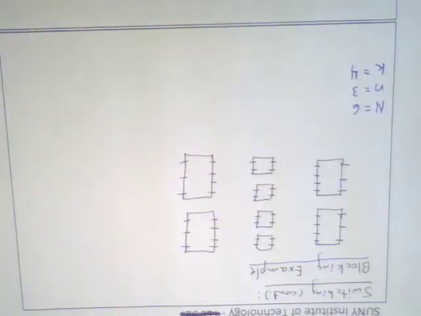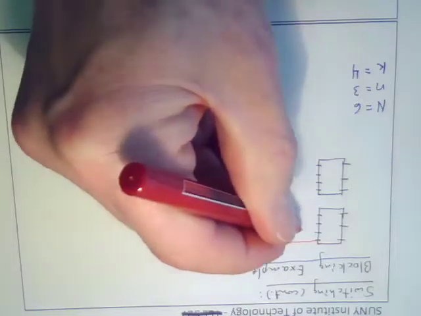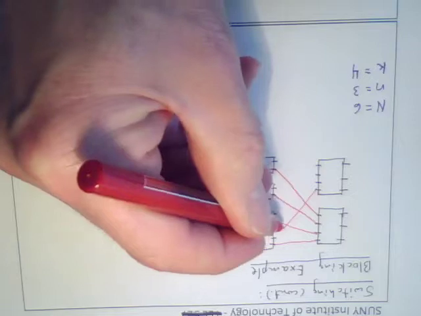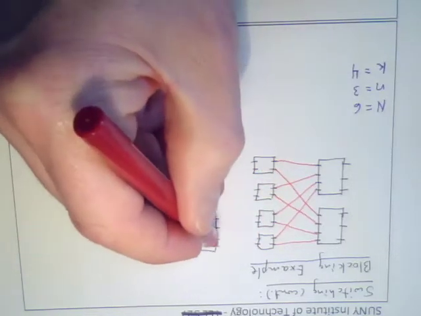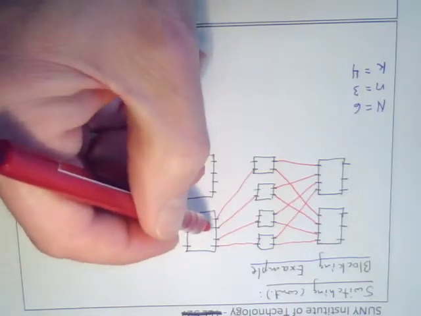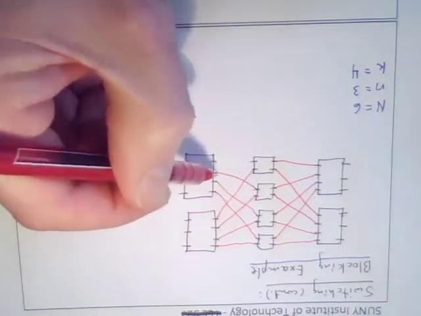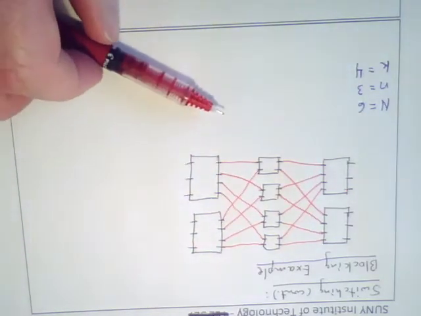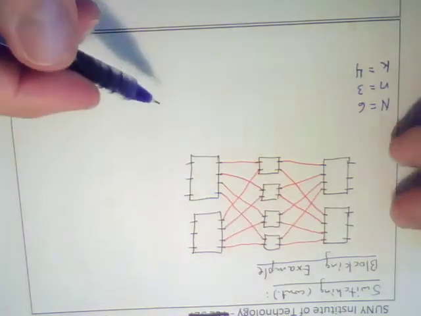And if I hook this thing up, I'm going to hook top to top. The top switch goes to all of the top input ports. The bottom switch goes to all of the bottom input ports. Top goes to all the tops again, and bottom goes to all the bottom output ports. Okay, so this is a 6x6 design, and suppose that I already have input number 1